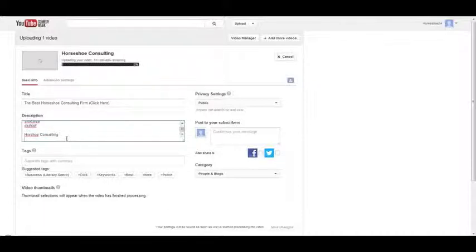Now, one more trick that I wanted to show you guys is at the end, you can put that dotted line like I mentioned before. You don't have to if you don't want to. I like to do it as a rule of thumb. It just makes it look more organized. And then if you wanted to put in a few more of your keywords that you're targeting, you can put them in here, like Horseshoe Consultants and Horseshoe Consulting. And one tip that I usually give people is you should put your YouTube URL.